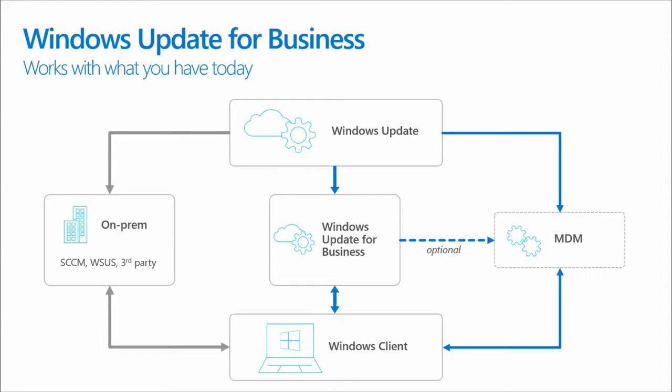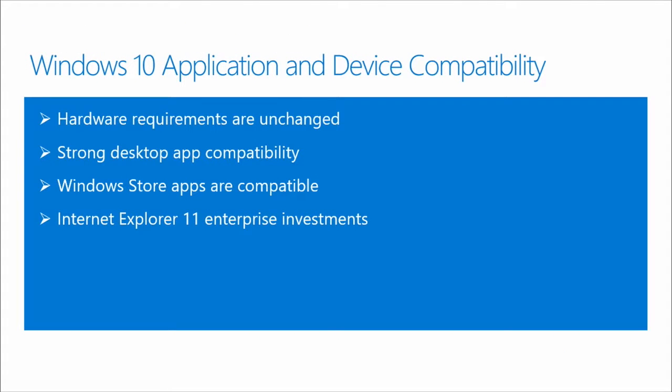So there is a grand plan. We're still trying to flesh out the details and the timeline for that, but we will be delivering that over time. This is one of those things like the operating system where we start building services. It gives us the ability to iterate over time, build more components, and build more stability into the platform, and deploy things as and when they become just the right thing to do. So we've just taken a walk through Windows Update for Business and how that's going to interplay with a bunch of the other on-premises services.